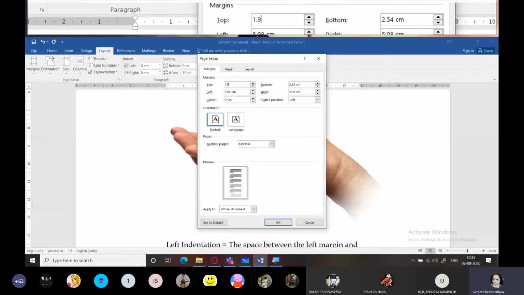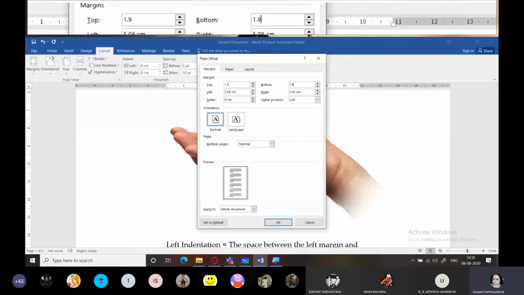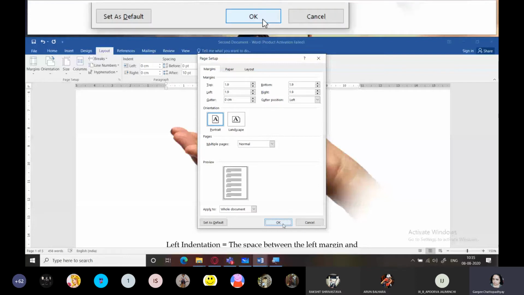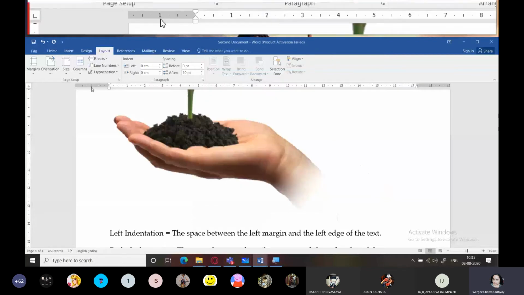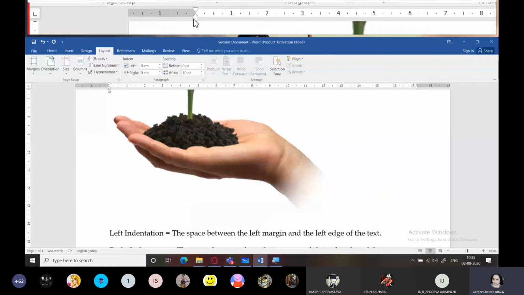Press tab, go to the next one, 1.9, then next one, 1.9, next one, 1.9. And I have left 1.9 centimeters from all sides. Click on OK and you can see that it gets exactly set at 1.9 centimeters from both the sides, horizontally as well as vertically.